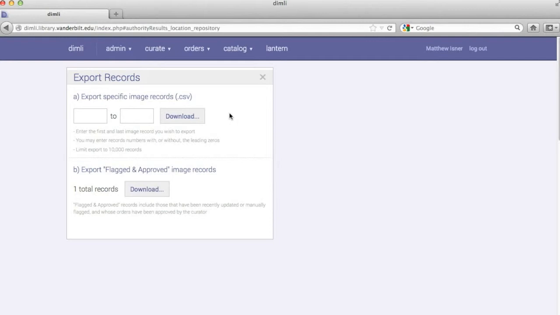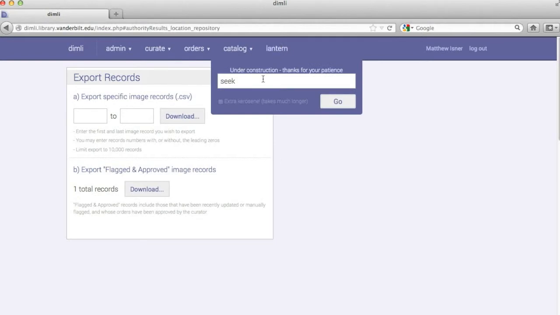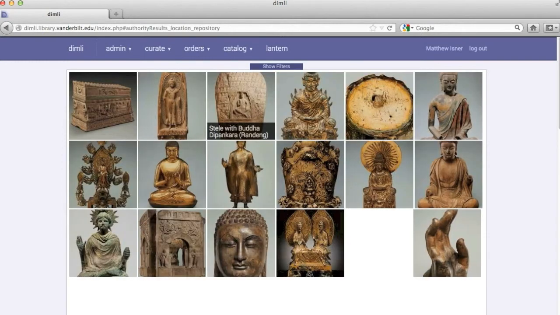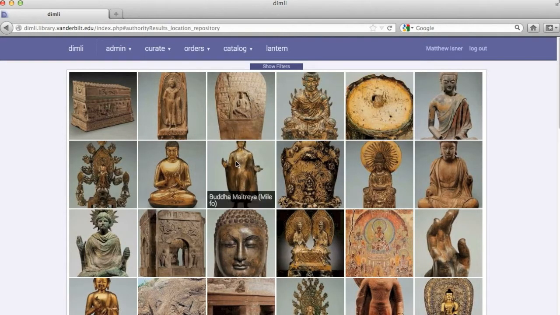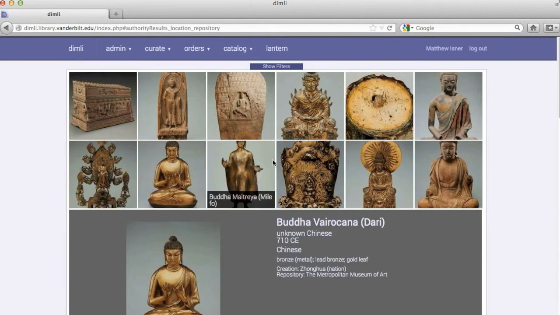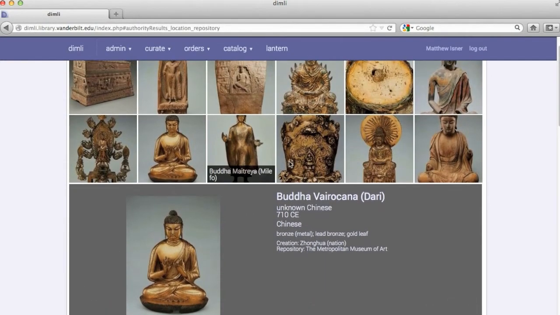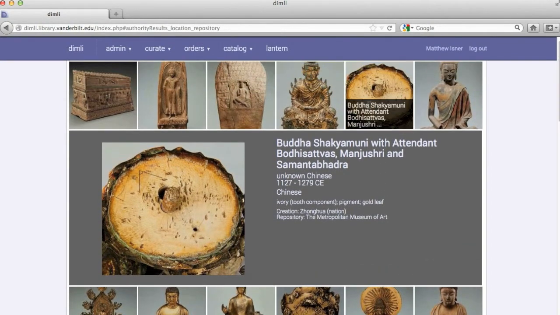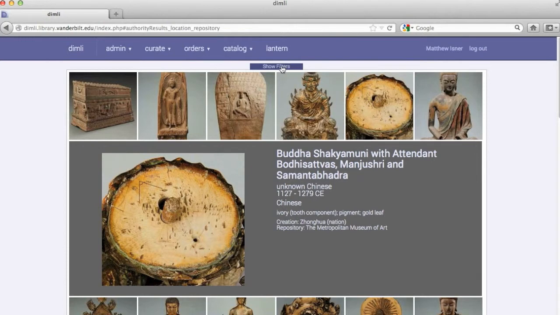Another option, and an element of DIMLI that is still under development, is the Lantern search, and this is my attempt at incorporating some of the digital asset management features directly within the DIMLI application. We could perform a search for a term like Buddha and get a list of images here. This is, of course, incomplete, but the general idea is that you would be able to click on any of these image records and get a drop down of some more pertinent information about that image record. Filters are here,